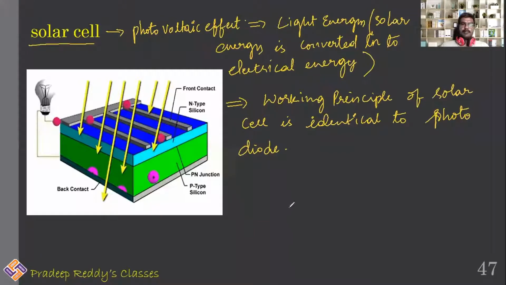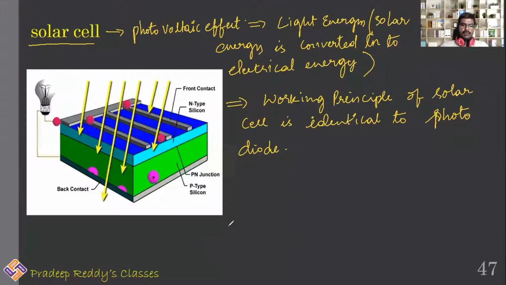That's about LED. The other device made up of a junction diode is the solar cell, in which light energy gets converted into electrical energy. The solar energy is usually converted into voltage. That is said to be the photovoltaic effect. The working principle of a solar cell is identical to a photodiode. A photodiode is connected in reverse bias, and when operated at a particular voltage, electron hole pairs are generated at the junction. They move in opposite directions because it is in reverse bias, and as a result, it gets converted to electrical energy. The same thing happens in a solar cell.